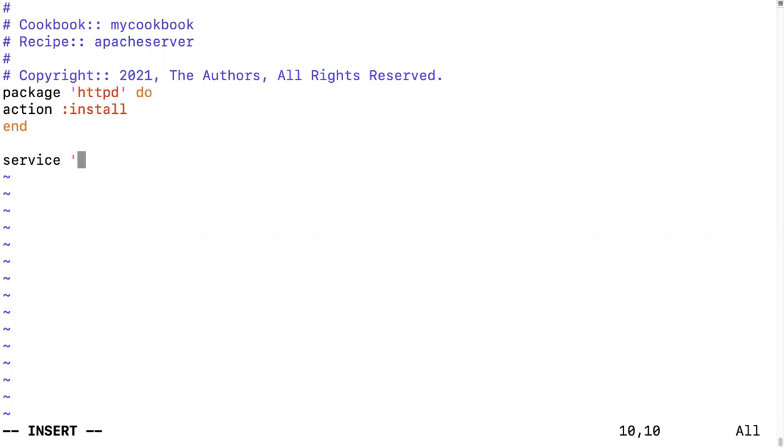httpd do. The Ruby language is very easy. Do, and enter, action. Action is enable, comma, start.